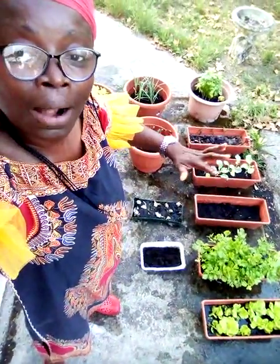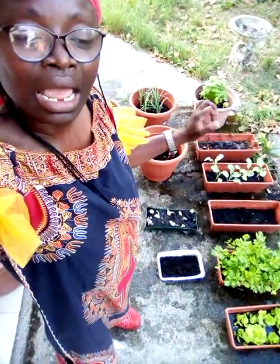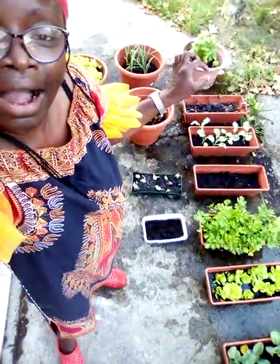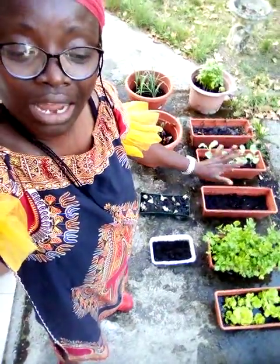Since I'm a freelance worker, in the morning, after taking care of them, I just spray them with water just to keep them fresh. Like when you wake up in the morning, you brush your teeth also, just to be fresh. Then about 9 o'clock, when the sun is starting to appear, I keep the ones that love the sunlight